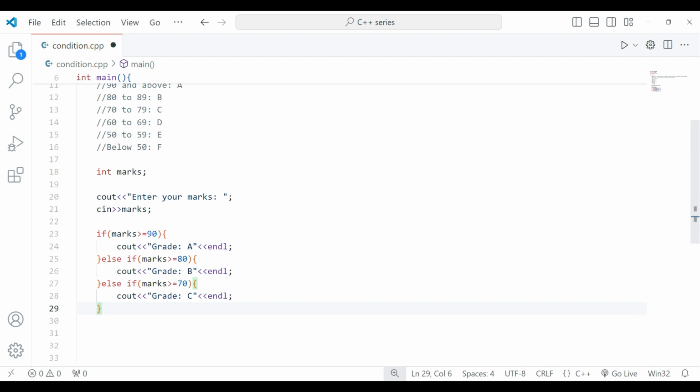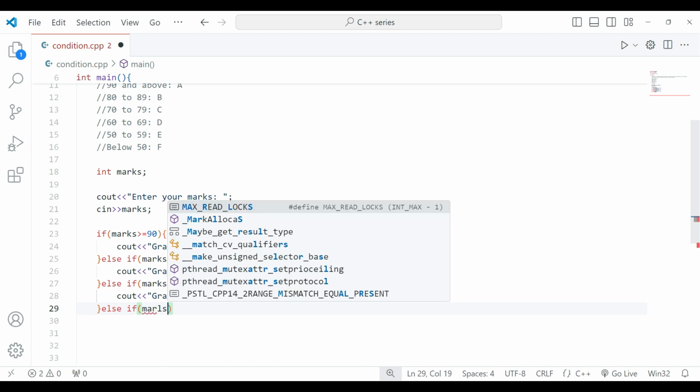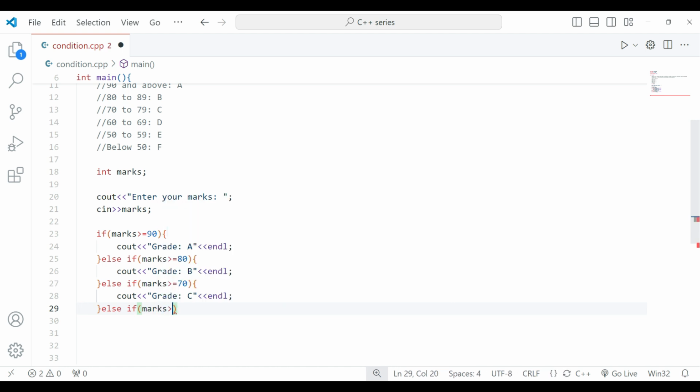Okay, then what was our next condition? 60 to 69 should get D. This is another condition, so we are again using else if. I have told you, if you want to use multiple conditions, you should use else if. Okay, so marks is greater than or equal to what? 60 to 69, right? That means it should be greater than or equal to 60. Then it will fall inside the 60 to 69 parameter. So this one is grade D,